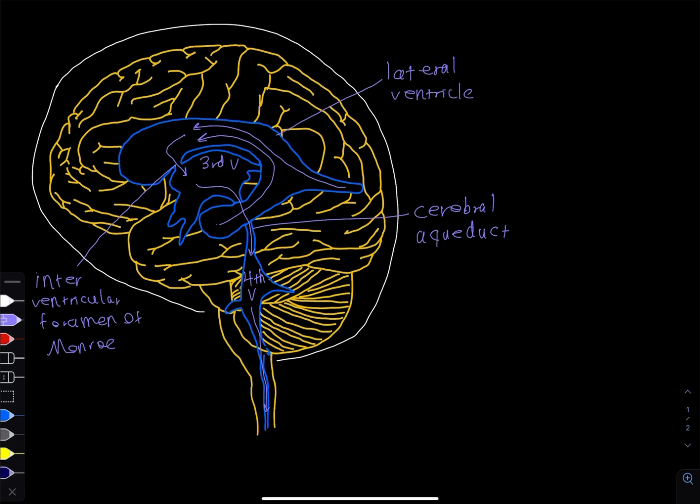cord. It can also run through the apertures, which are these holes, and enter the subarachnoid space around the brain. If it goes down to the central canal, it can come out through the cauda equina, which is the tail of the spinal cord, and go to the subarachnoid space around the spinal cord. So let's explain